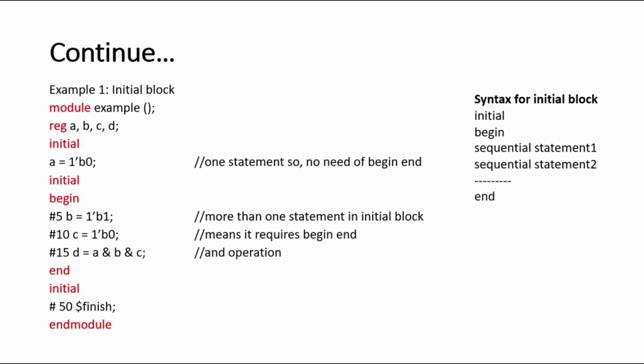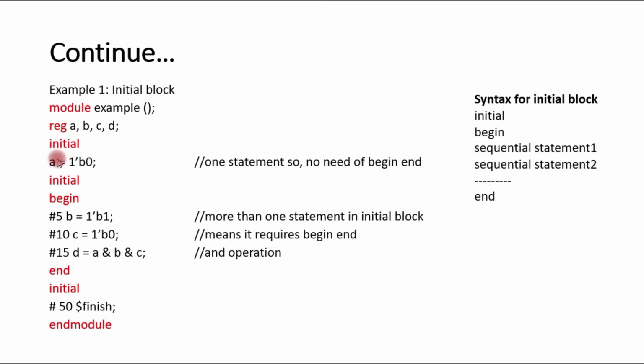The values of inputs A, B and C are initialized at certain times and the output D is the AND operation of inputs A, B and C. The values of A, B and C are initialized in initial blocks, therefore A, B, C must be register data types. And the value of D, the output variable, is also defined in an initial block. It means D is also a register data type. So in this example, we have taken 4 variables A, B, C and D, and all of them should be register data types. And there are 3 initial blocks inside this program.